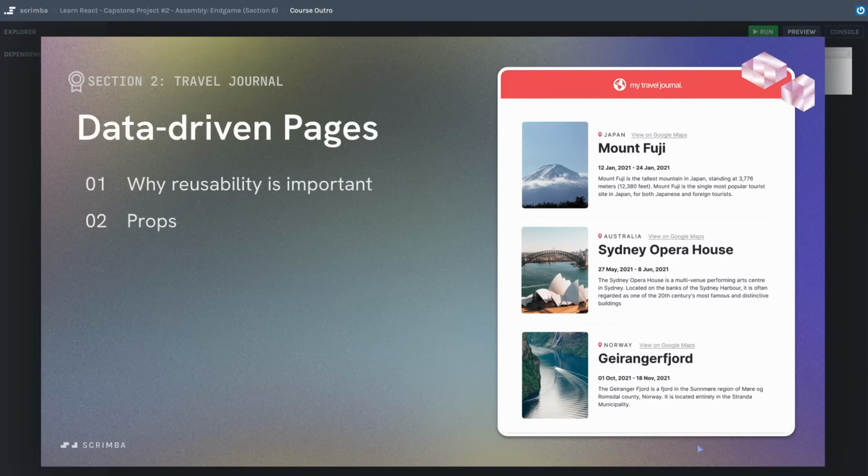Once we knew how to pass props into a component, similar to how you pass parameters into a function, we learned how we can use vanilla JavaScript array methods to create components from an array of data. Doing this allowed us to put the data for our travel journal in one place and simply map over it to create the ultimate view on the page. This meant that if we wanted to add new entries to our travel journal or change a detail of one of the items, all we had to do was change it in one place, the data.